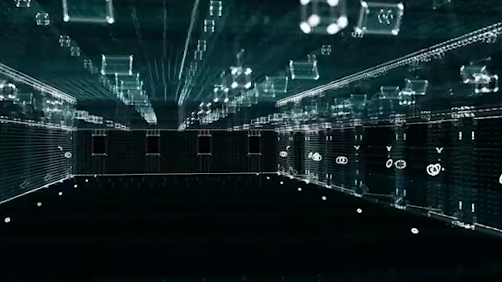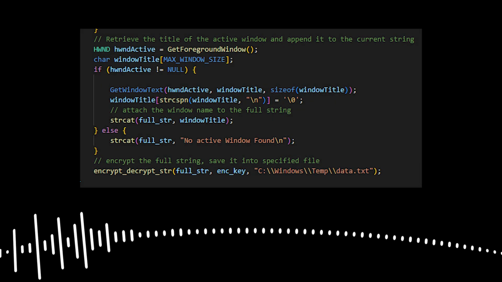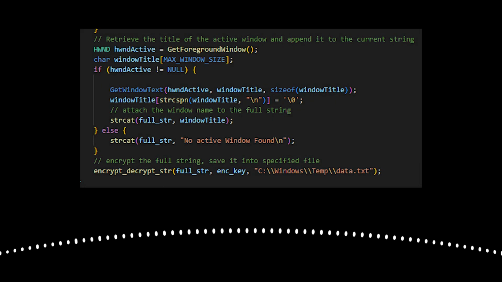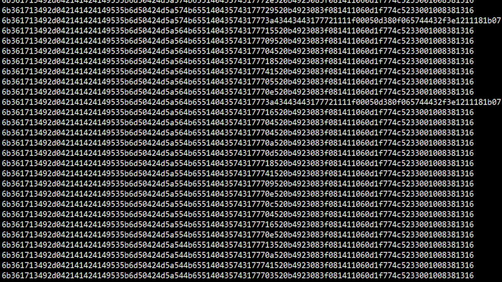This allows the host to see the victim's use of modifier keys. The program will then get the current Unix time and use functions in the Windows library to determine the title of the active application the user is on. This information is then encrypted using XOR encryption and the generated key, and further obfuscated with hexadecimal conversion before being